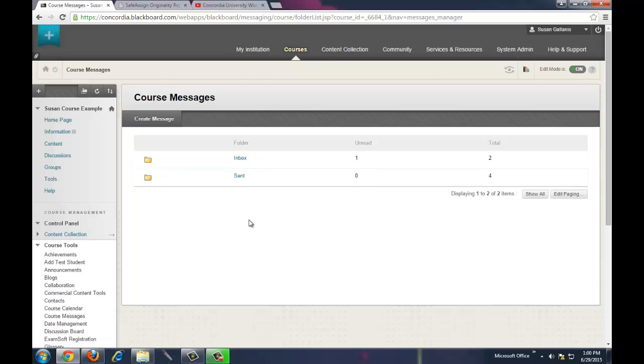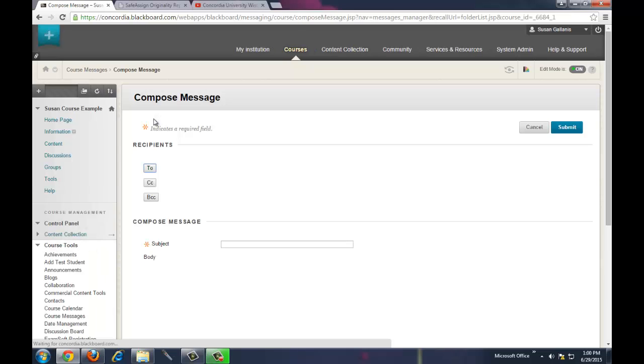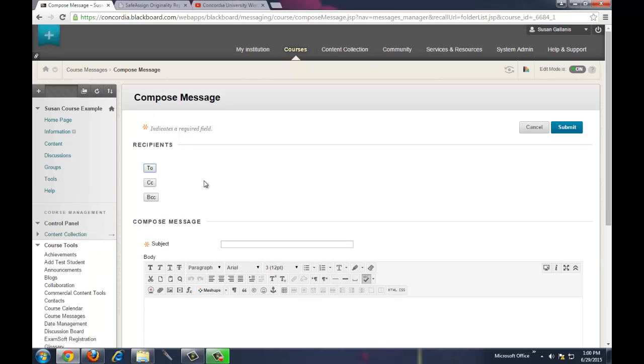So whichever you do, I mean, there's pros and cons to both, but make sure you inform your students if you will be sending email only, so they should check their CUW or CUAA email, or if you'll be sending course messages, and they should check the course messages within the course. So here to create a message, I can just click on that Create Message button,